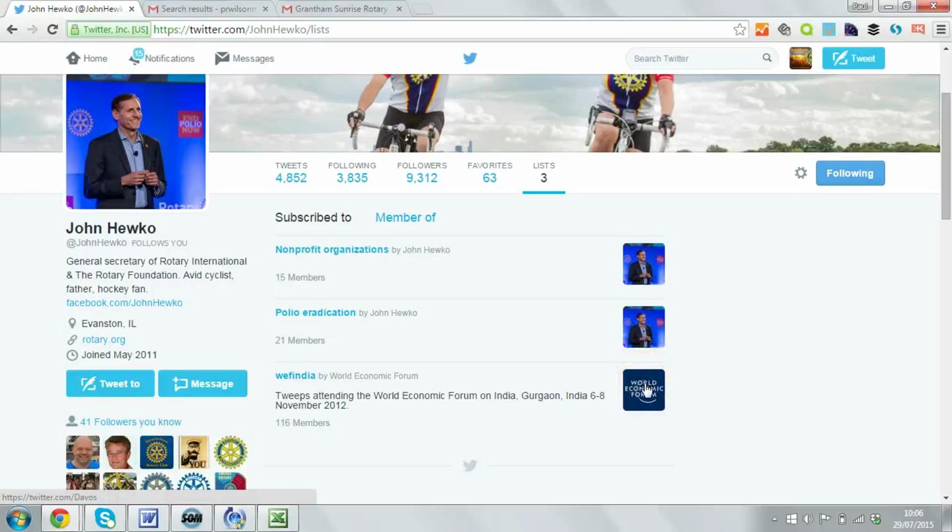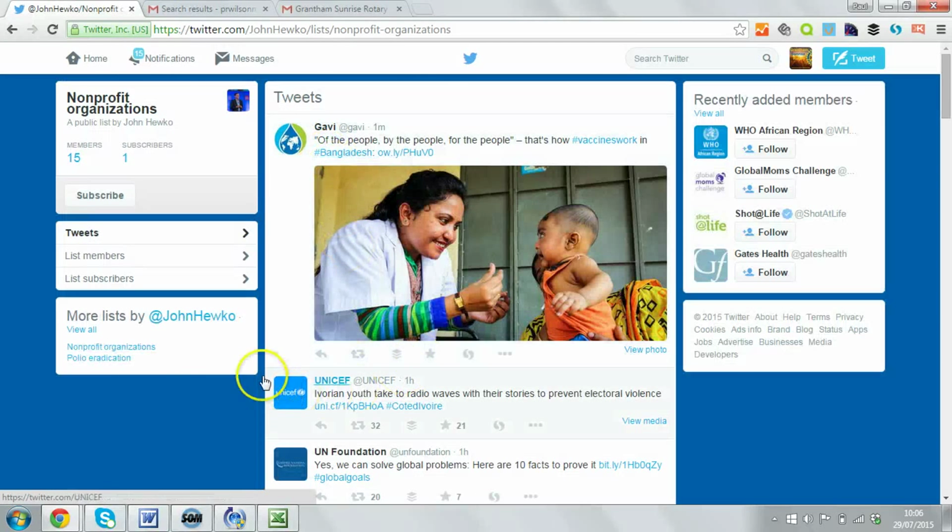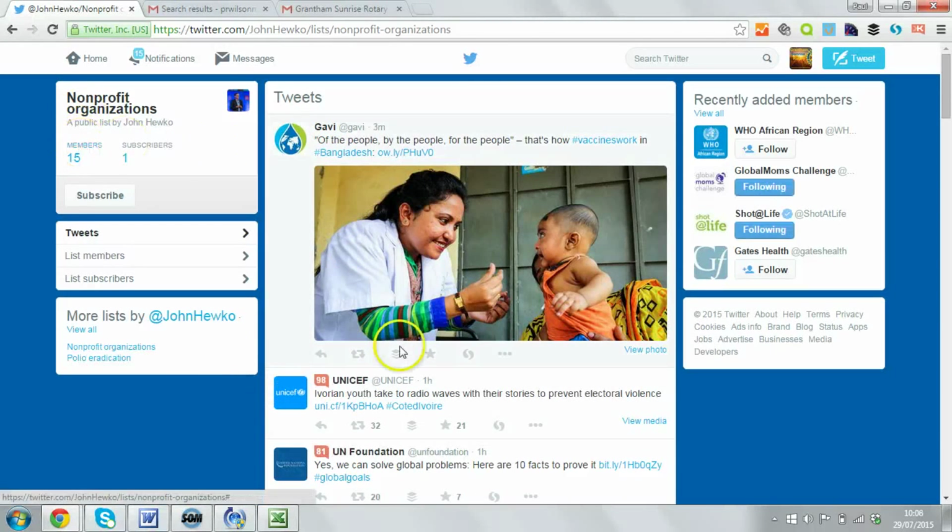So it's a list created by somebody else. You can see how many members are in a list, and when you click on the details, for example this one, you can see all the current tweets just from the people who are in that list. So this enables John to get a filtered view of Twitter of just the topics that he wants to see in that particular list. So very useful.